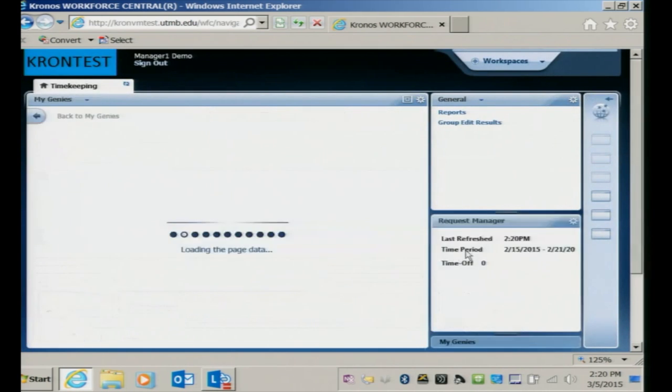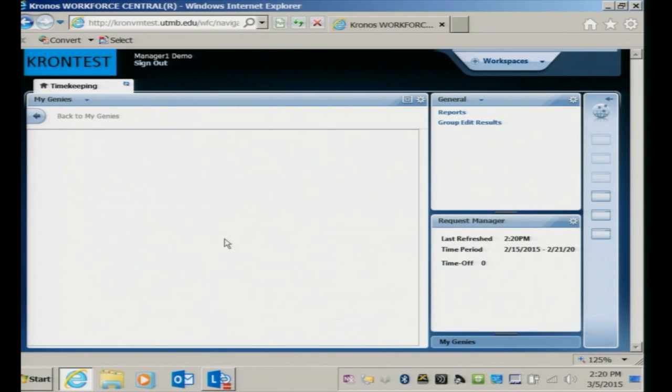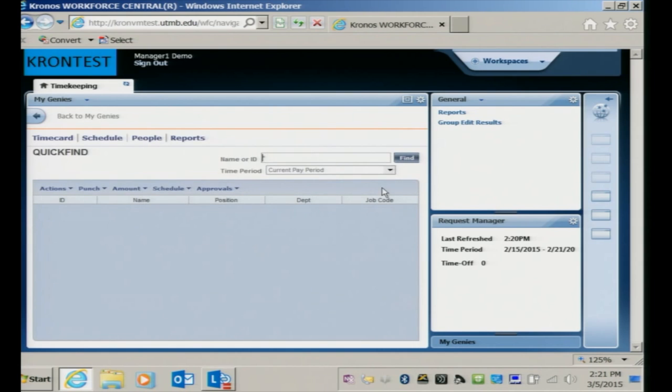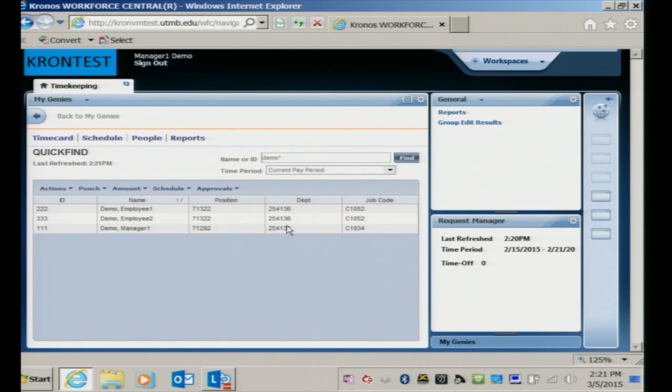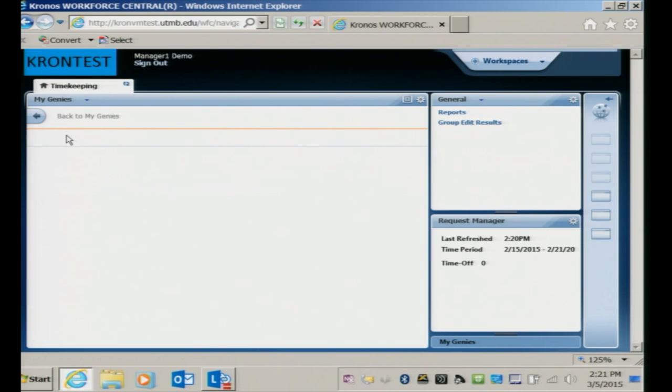And this is just one person I want to get to, so I'm going to use my quick find. And again, it has to load those pieces of Java to go find that list. Okay, and I'm going to type in demo. I have 2 employees by the name of demo. And again, an easy way I mentioned during the PowerPoint is I'm going to click and highlight the employees in question, click the word time card,